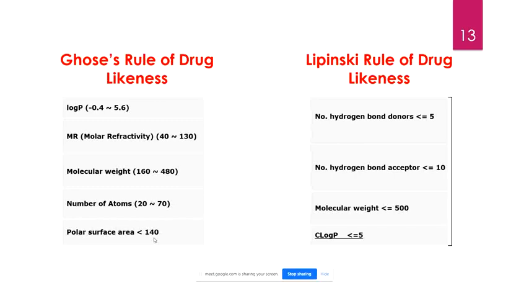of atoms is beyond 70, there are 90 atoms in that molecule, then you can't use that molecule as a drug, because it has been seen that all molecules which have more than 70 atoms generally tend to be immunogenic. They generally have the tendency to be antigenic in nature. They have the antigenic property.